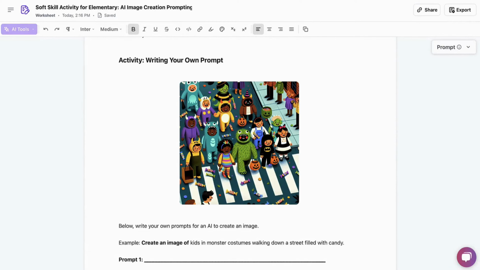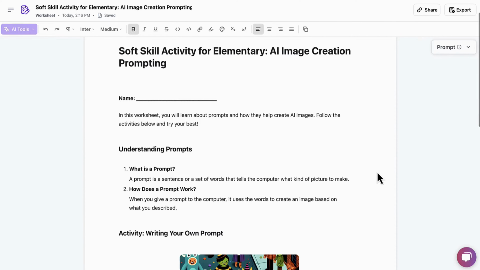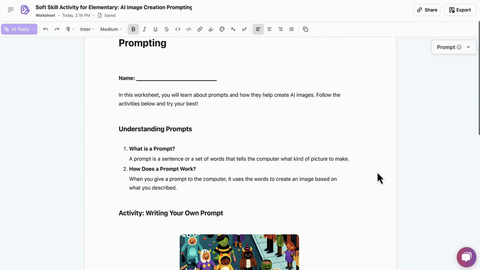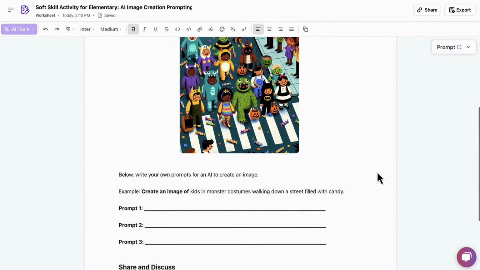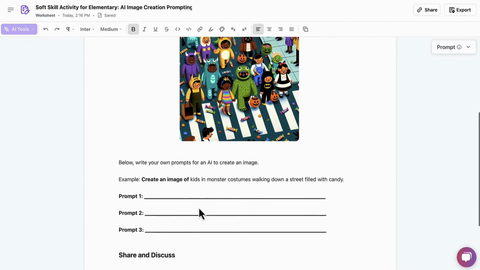All right. Well, as we are entering the spooky week of Halloween, one of the things I'd like to share is a soft skill activity development document I created in School AI, but you can do this in anything else, where it gives you the understanding of what a prompt is, how a prompt works in an activity, as well as an area where students could write down their prompts provided to their teacher and they could generate the